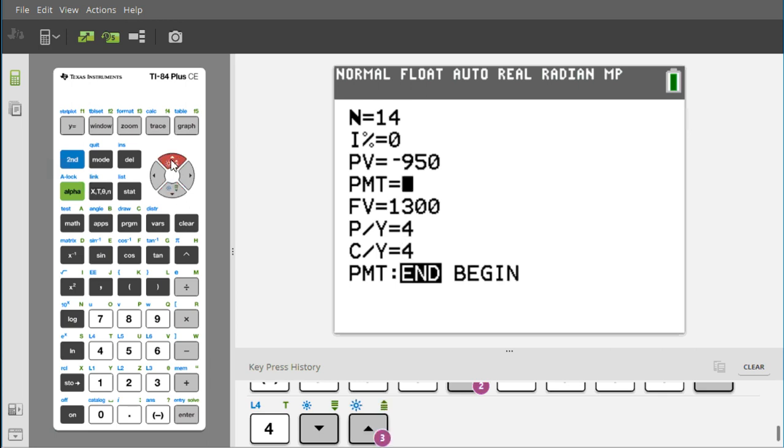I arrow up to where it says I%. And to get the calculator to work out the value of I, and this is going to be the annual interest rate,